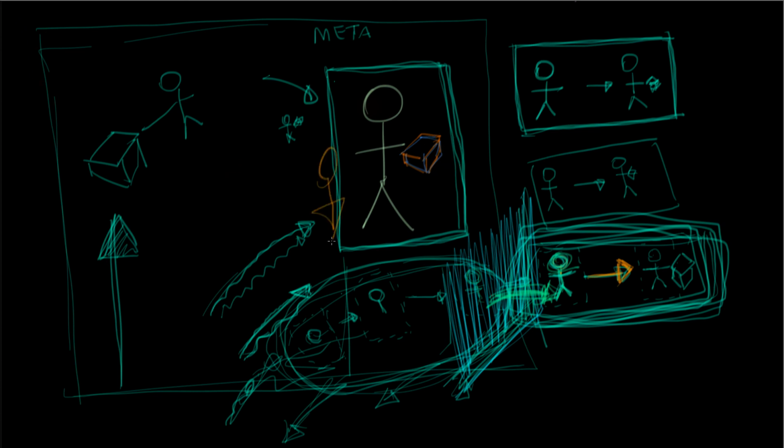Then a third person comes in and sees the full figure started already, but they don't see the box. And then another person comes in and all they see is the finished product, which is the guy in the box. So these people see different things,